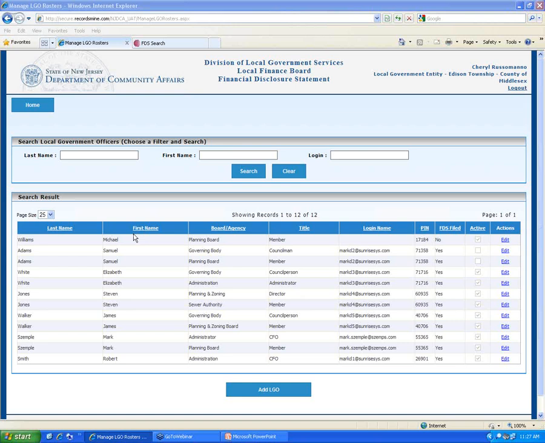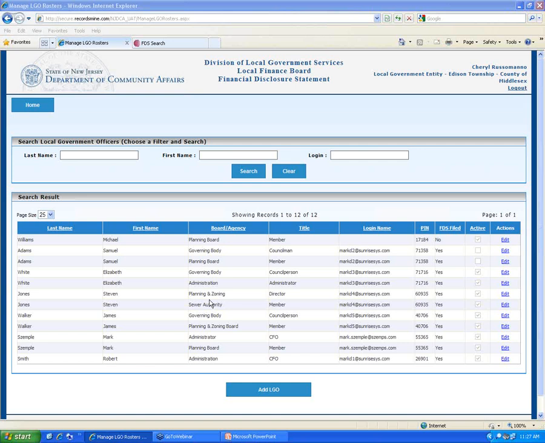It says, what if the LGO refuses to file? Chris, you like answering that one. Well, for starters, that's not anybody's problem except for the LGO. The LGO makes that decision, and the LGO determines whether or not they want to run the risk of the embarrassment that inevitably will occur when a newspaper reporter or a gadfly either writes a newspaper article or the gadfly files an ethics complaint. And actually, the refusal, especially if it's intentional, will certainly not be helpful when that LGO is brought before the local finance board for an explanation as to why they did not file.